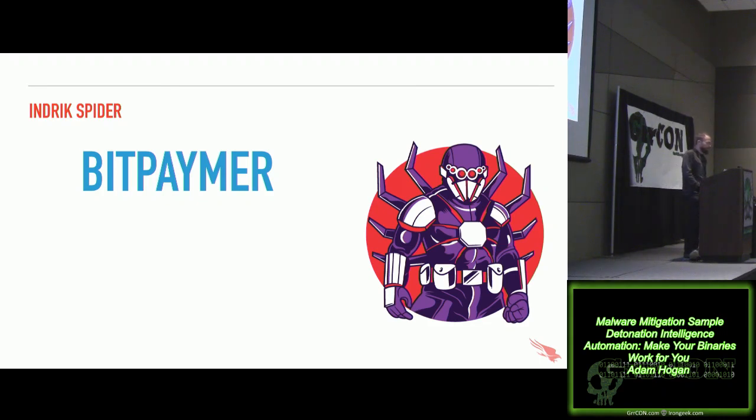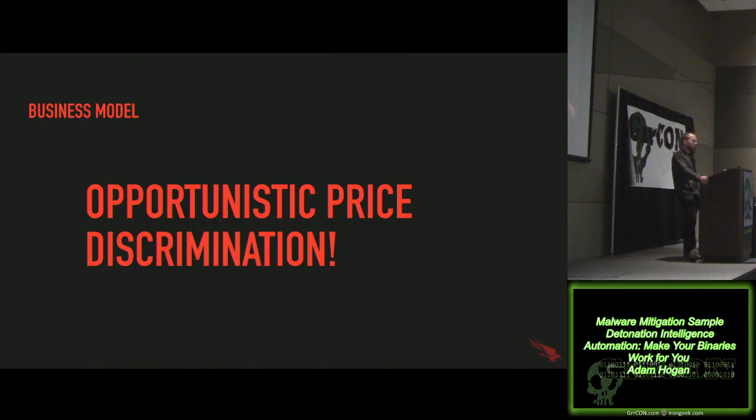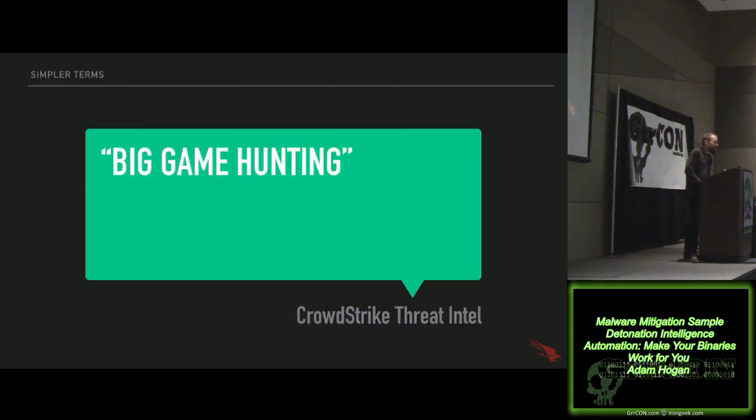A really interesting bit about this ransomware is it's incredibly opportunistic, and it's essentially based on price discrimination, which is what I call it, since I was an economics professor for a while. Far more to the point, our threat intel team calls it big game hunting, which means they are targeting their targets, that's terrible phrasing, quite deliberately. Right? This traditional ransomware was spray and pray. Right? Put as much of it out there as possible and hope that people got infected, and hope they cared enough about their files to pay the price, and hope that you had correctly set the price.